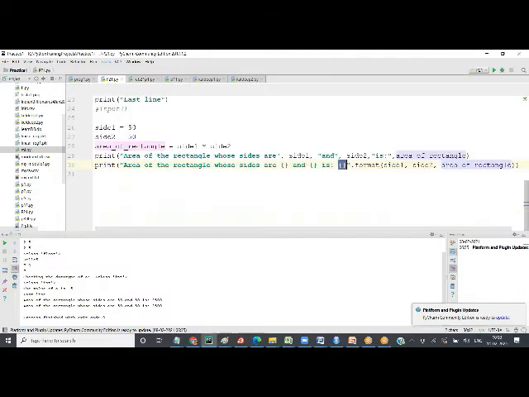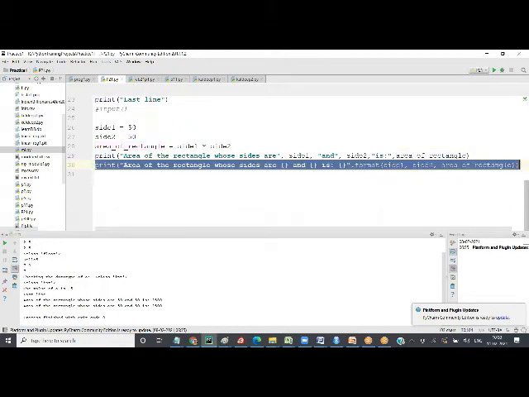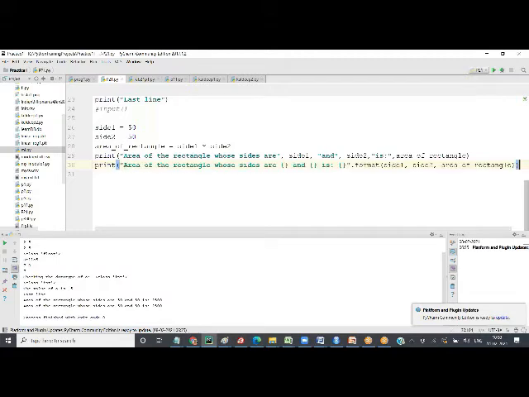You can even change that order. Control C, I go here and say Control V. Area of rectangle whose sides are, I can mention it as 0, 1, 2.